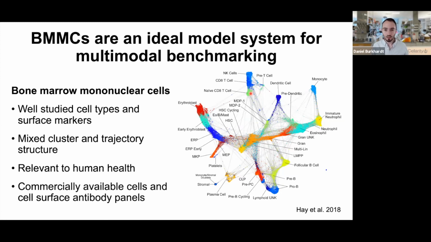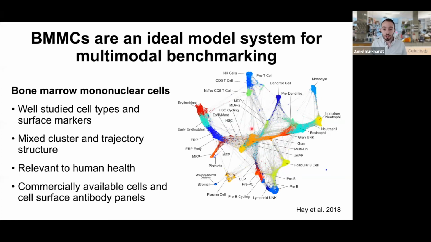We know the different kinds of cells that are present in the bone marrow. We also know what surface markers are expressed on them. As you can see on the right here, this is 100 cells from the Human Cell Atlas. And there's not just one sort of cluster structure or trajectory structure. There's actually a mixture where there are definitely differences between, say, T cells and B cells or T cells and natural killer cells, but there are also shades of gray within those compartments. So there are spectrums, and there are clusters in the data set that make this a really exciting arena to do machine learning in.